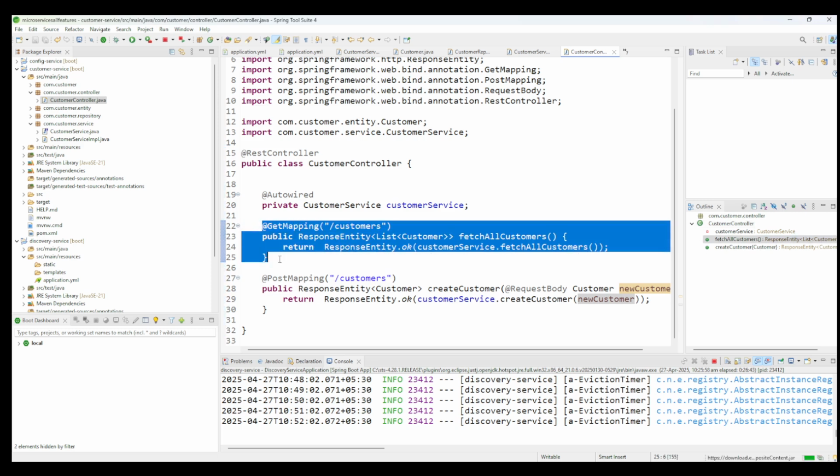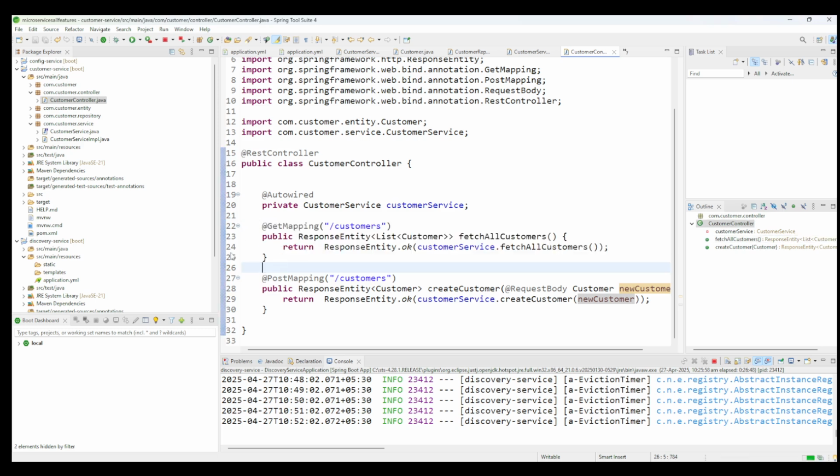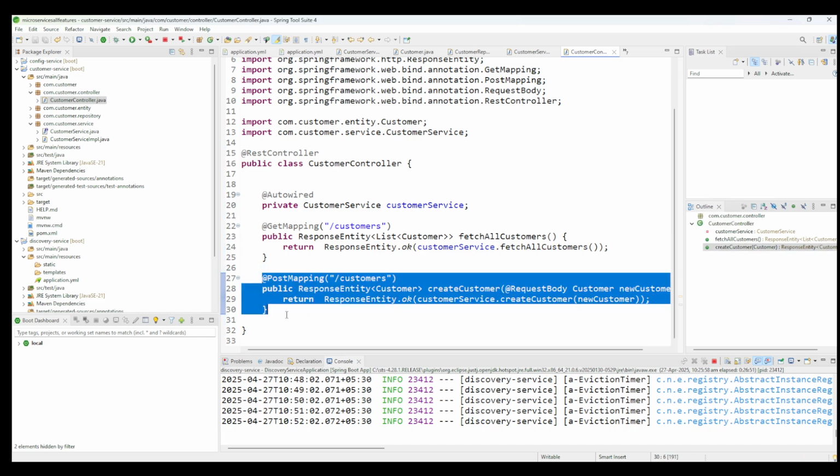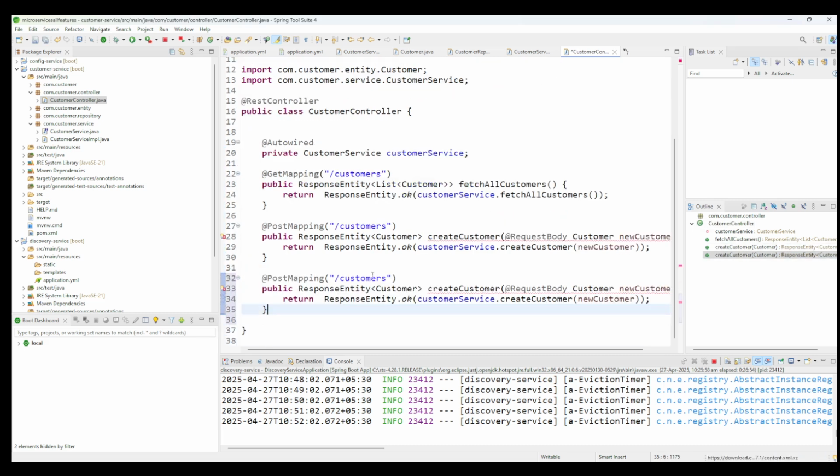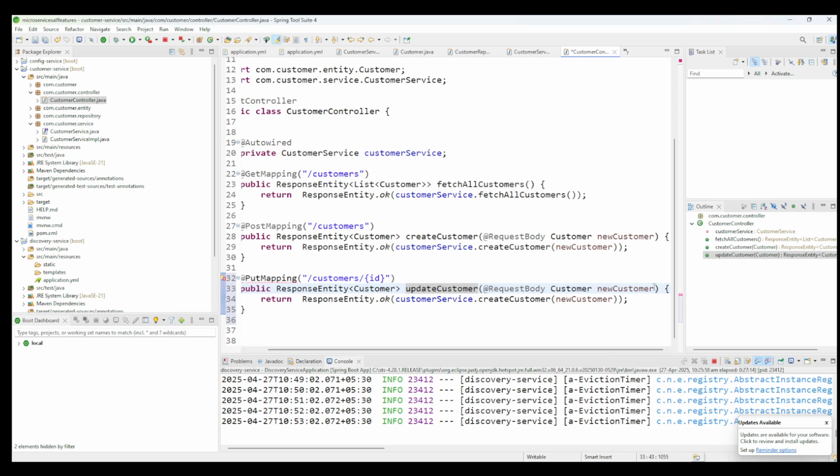Now in a similar way we can create one more mapping. So let me add put mapping first. This is the post mapping, to update the customer in the database. So first we need to change this mapping, like this should be put mapping or patch mapping for updating, and here we can pass the respective ID for the customer, and here the return type is fine. Now we need to change the method, like it should be update customer, and along with the request body we need to pass, like here we can say it's a customer which is the input customer,